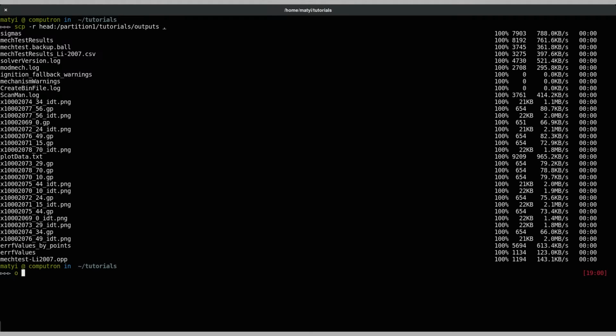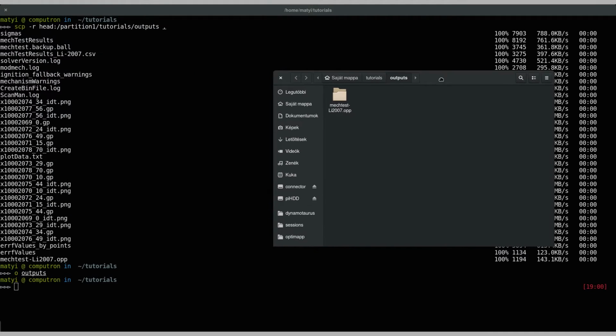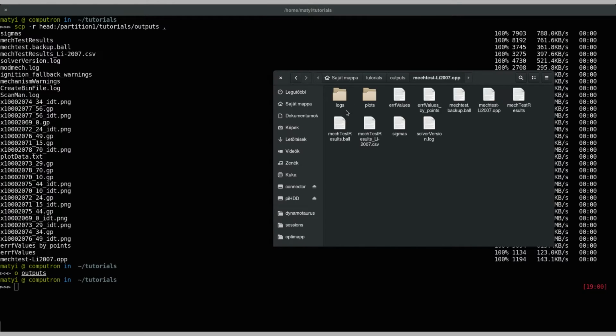I open this folder in a file browser. The simulation results are saved to the file called MechTest results.